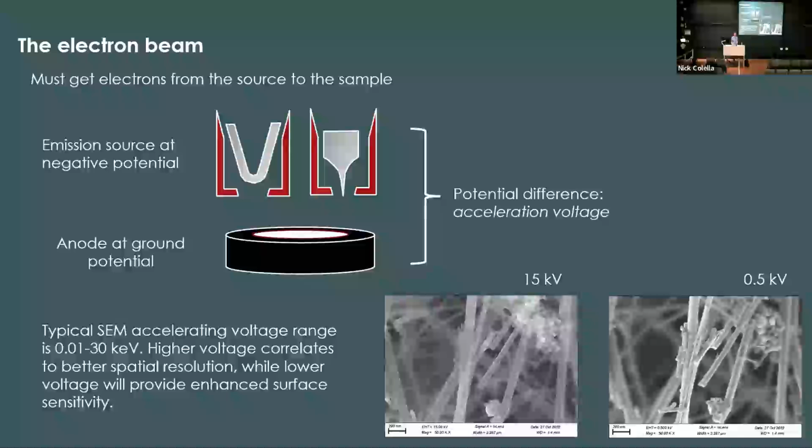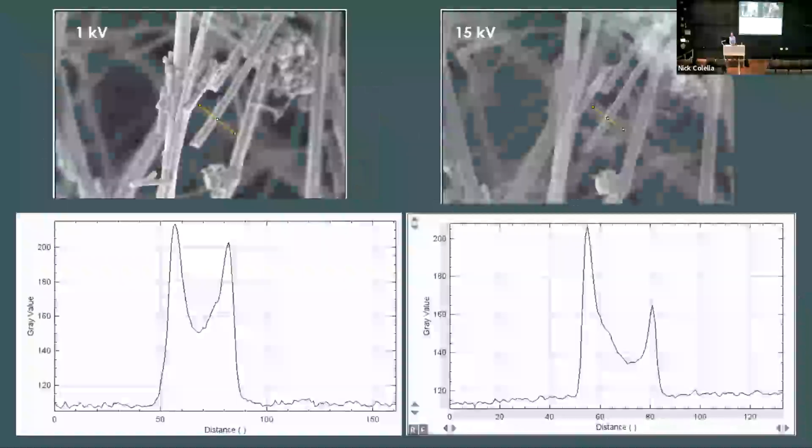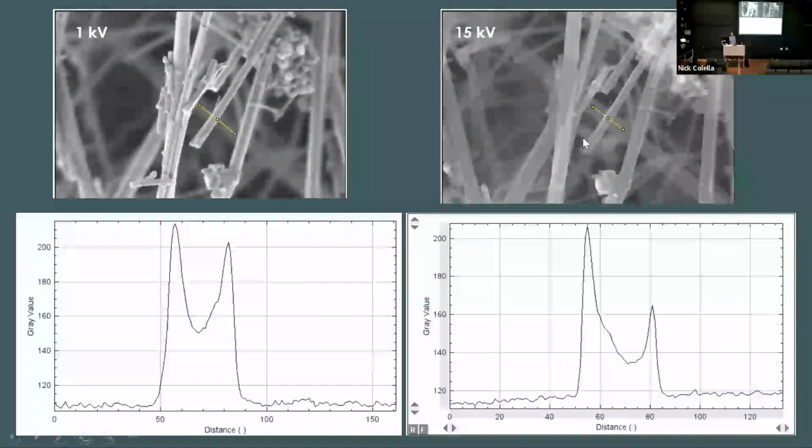The higher we go on the acceleration voltage, the sharper we're able to focus the beam, which is going to improve the spatial resolution. But it's also going to cost surface resolution because the beam will be penetrating deeper into the specimen. You can see there is an image of some carbon nanotubes taken at both 15 kV and 500 volts. The 15 kV beam here you can see has sharper contrast, sharper peaks, so we're able to resolve, for example, the diameter of the nanotubes better.